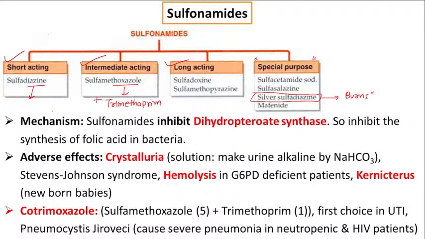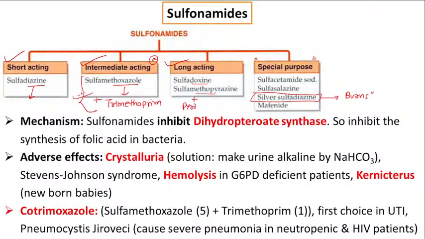Cotrimoxazole is very important, and you need to remember the indications; this is the only combination which is most widely used for systemic purposes. In systemic use, the sulfonamide most commonly used is this combination. Which one? Cotrimoxazole. Okay, then sulfadoxine and sulfamethopyrazine are the long acting sulfonamides, and they are generally used in